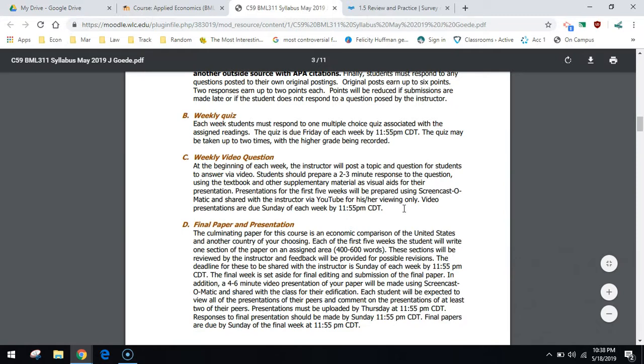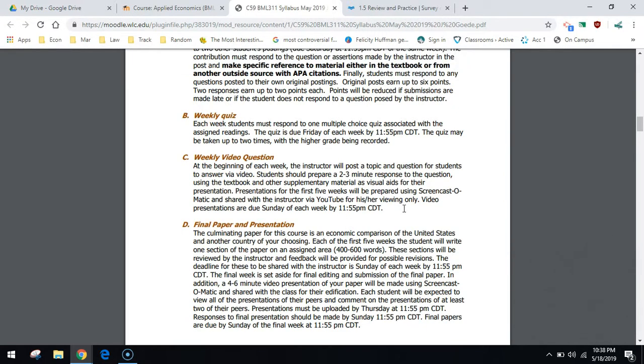You also have a video presentation due each week, 2 to 3 minutes. The deadline for that is Sunday. Sunday meaning the end of the week. So the courses are set up that a week begins on Monday and ends on Sunday. Wanted to be cognizant of the people who are working 40 plus hours a week. And so the 2 bigger parts are due on Sundays. You will have a topic each week, 2 to 3 minutes is the video that you will produce, which is your response. The first 5 weeks, those videos will only be seen by me.